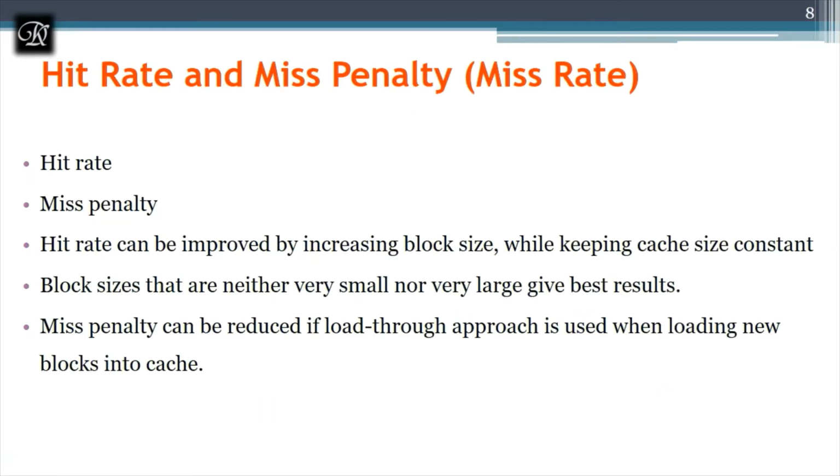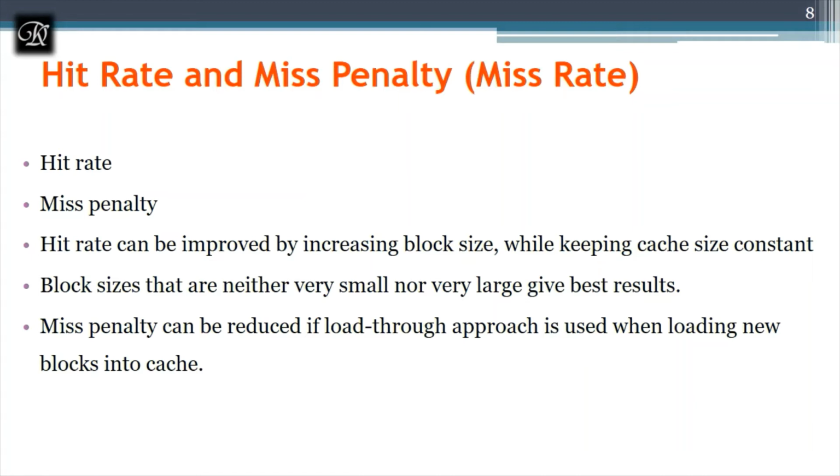Next, we'll see some definitions of hit rate and miss penalty or miss rate, which I have discussed more in the previous example of mapping algorithms. Hit rate is the total accumulation, the total sum of all the hits whenever the processor requests a series of blocks from the cache. If all those blocks are available in the cache, then the total number of blocks is equal to the total hit rate. If there are some misses, the hits will be counted and the misses will be counted, which I have explained how to count in the previous video. That summation is called the miss rate or miss penalty.